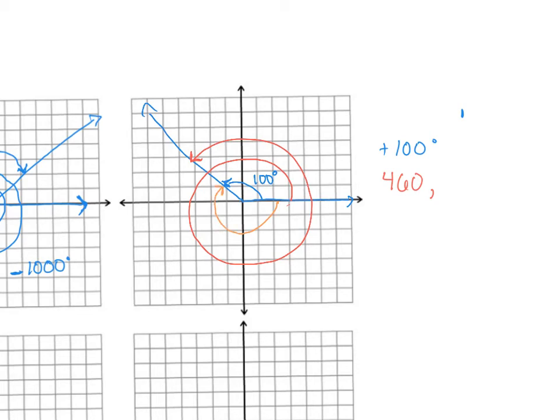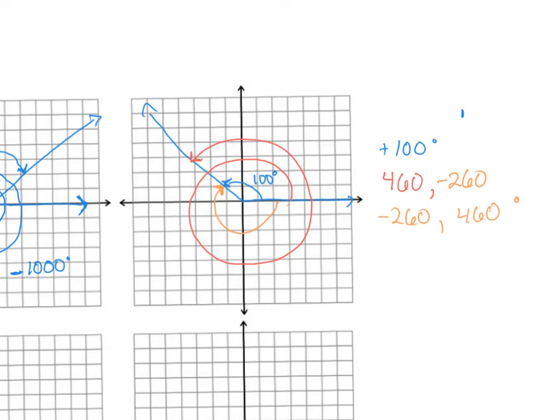And we'll just meet that at the 100 degrees, which would be, if you did 360 minus 100, that should be negative 260 degrees. Those would be our coterminals of this, or we could write it the other way, negative 260, 460